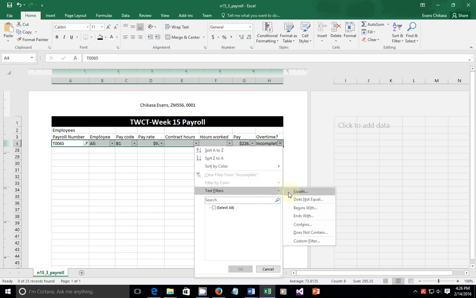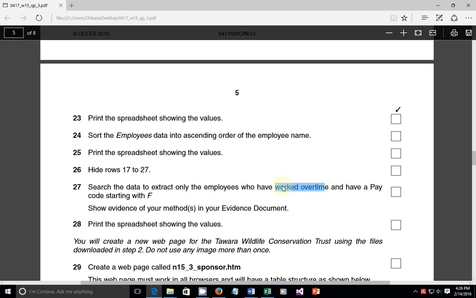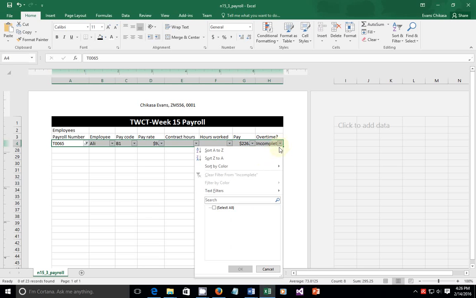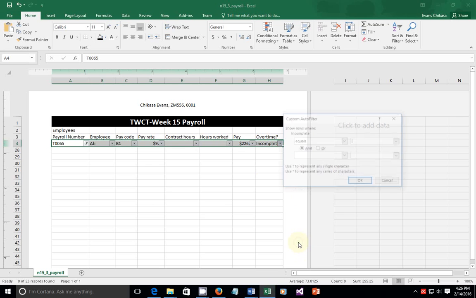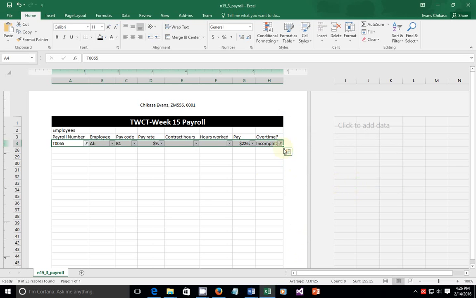I'm going to go to text filters, and let's say equal to, for overtime. Let me just verify these, guys. Overtime, who have worked overtime. So overtime is the value for years that we are looking for. So overtime, I want text filter, and I'm going to say custom filter, which is equal to the value yes. Okay, so let's see,